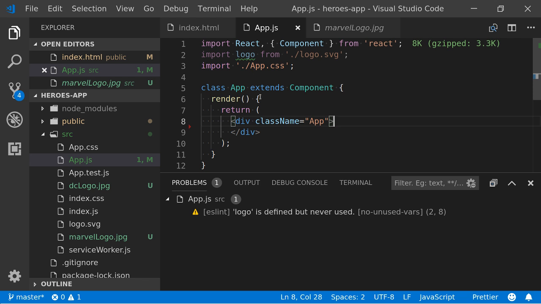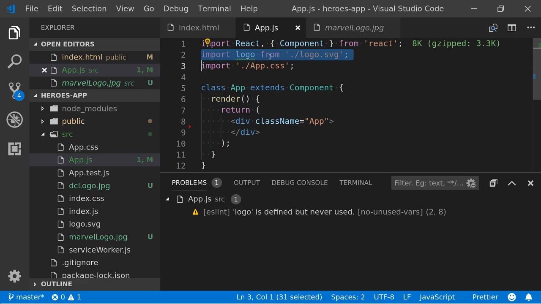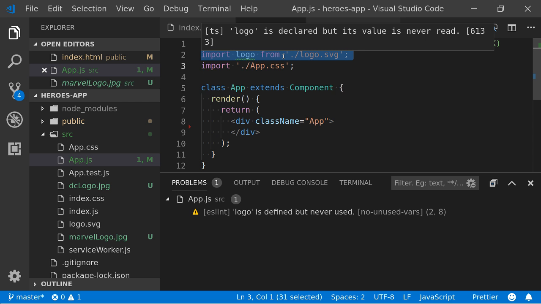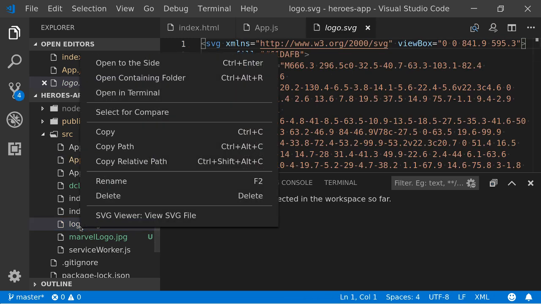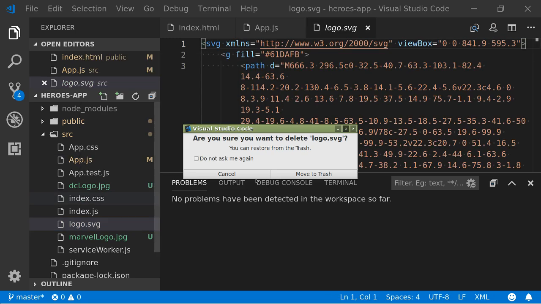Anyone tell me why that is? Yeah, we just deleted the block of code that referenced our logo, and up here we're still importing the logo, so we don't actually need it. So it's still compiling because the code is still legal, so there's no failed to compile here, but we've just got unused things, so it's just throwing us a warning. So I can just delete that import logo as well, and if you really wanted, you could delete the logo SVG as well from there. Not essential, but if you want.